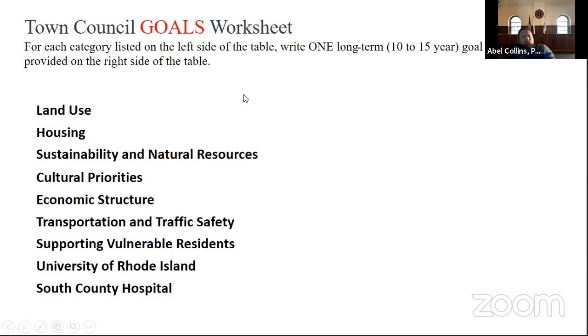Here, what I just mentioned with that transit hub possibility in URI, I think we should make every effort to see that plan come to fruition. It was to the point where they were showing us drawings of what it was going to look like. And I'm curious about where those things stand now. We have a new administration all of a sudden, so we can't let it fall off the radar screen. I think they were in the last stages of approving a transit master plan at the state level,